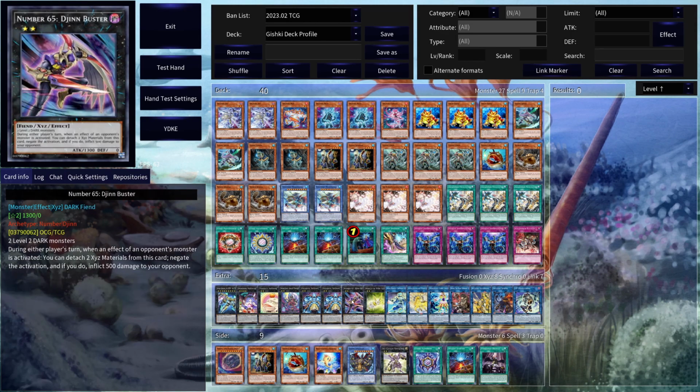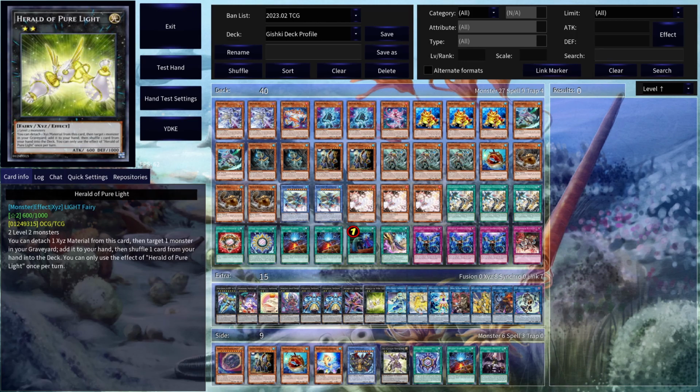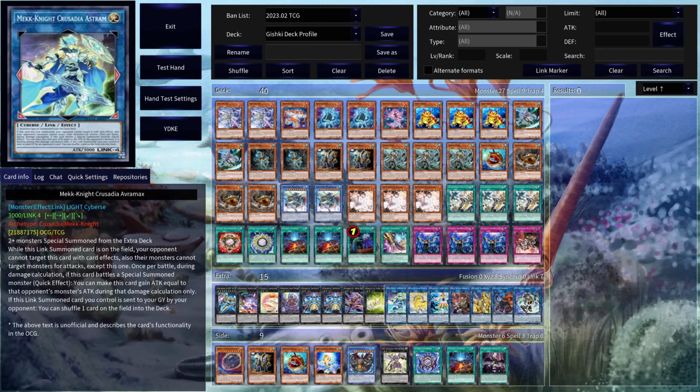Djinn Buster, it's a monster negate. Herald of Pure Light, it's going to let you recycle some things from your grave. Then we have Mekk-Knight Crusadia